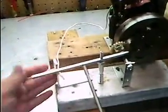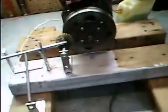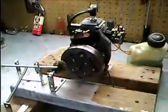We got the contactors all set up. The governor's there. It's all mounted. I still haven't done anything with the gas tank, but it doesn't really matter. It's not a critical part. I forget if I mentioned this in the other video, but I decided not to go along with the